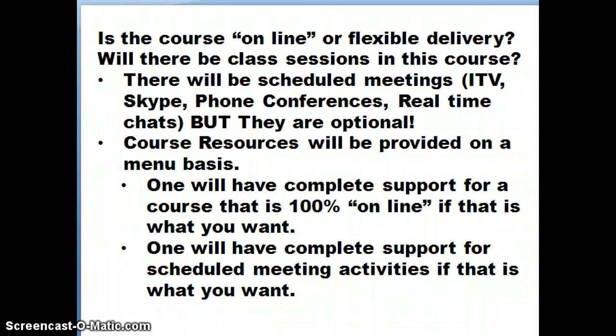Now, these are going to be provided in lots of redundancy, so you can have lots of options. When you're doing a certain assignment, you can say, do I want to use the things that are posted on the Moodle site, which allows me to be totally independent of Guy Glidden's schedule, or do I want to attend a session? Could be an ITV session, could be a rearranged online session, it could be an opportunity for a phone conference. In other words, there will be several options in either case.